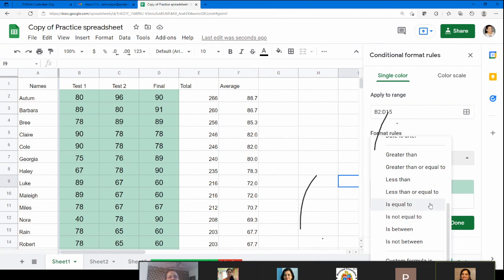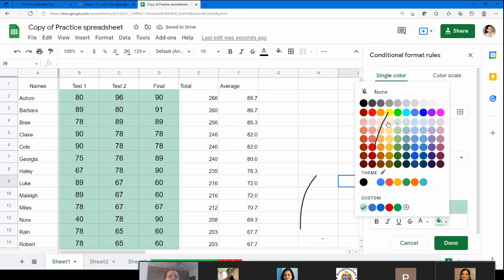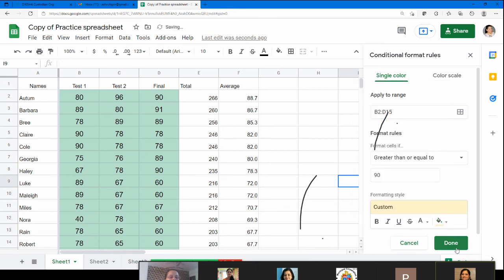Is greater than or equal to 90, and maybe we want to change the color, and done.